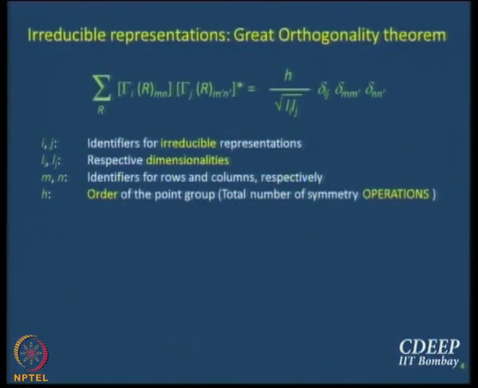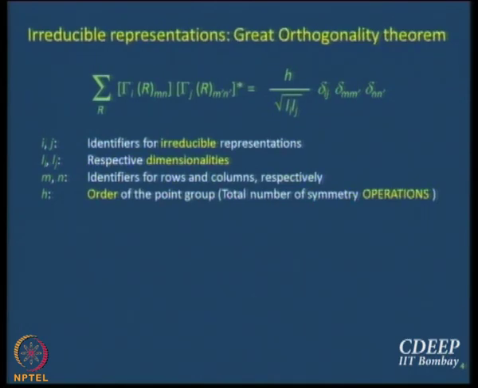But then if i is not equal to j, what happens to the right hand side? It becomes 0 no matter what the others are. If m is not equal to m dash, if n is not equal to n dash, the right hand side just becomes 0, which means that this quantity, let me call it A and let me call it B star to avoid the complication of saying gamma_i mn all the time. Doesn't that mean that A and B form a set of orthonormal vectors? That is a condition for orthonormality, isn't it? Any other question?